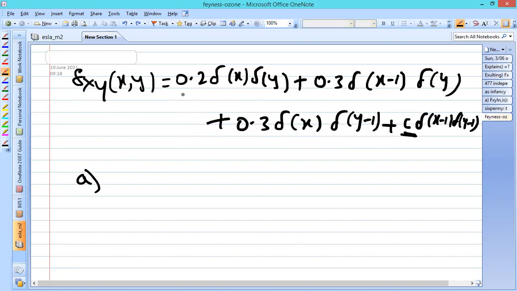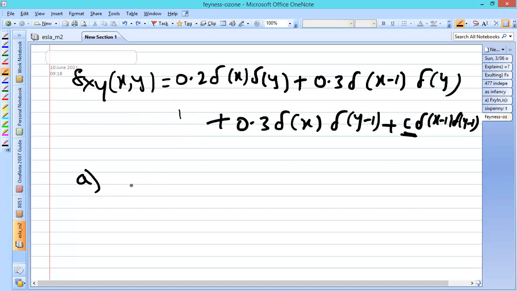So now since it is defined like this in terms of the delta function and the unit step function, if you are getting the equation, you should know that it is a problem related to the discrete random variable. Whatever may be the case, as you know, the area under the PDF must be equal to 1. So the sum of all this must be equal to 1.